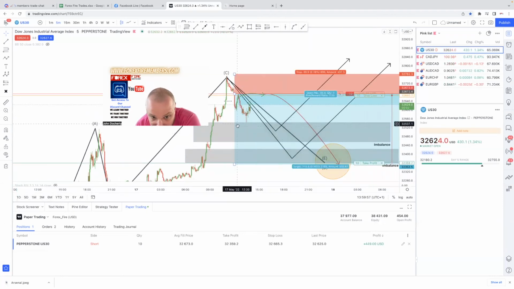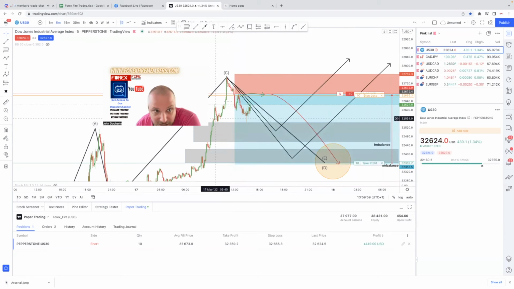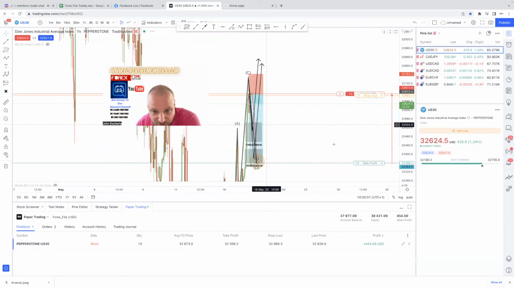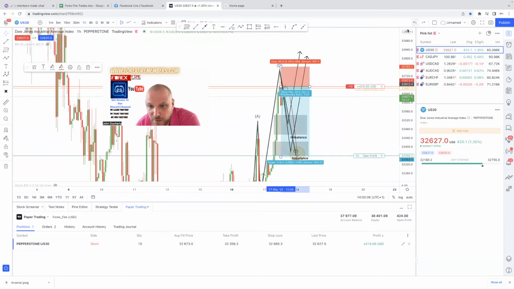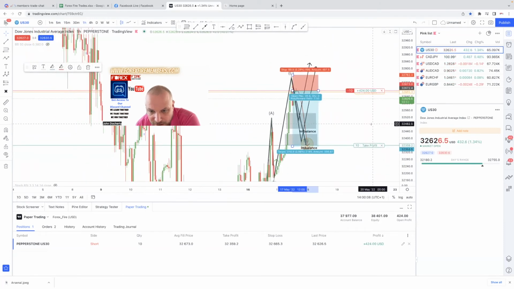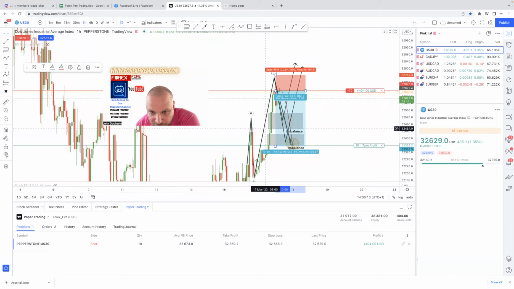Again, it's come down to test the top end of the imbalance area when you go back up to that hour time frame. Let's take a look. Let's go back, put that back where it should be. You can see the imbalance between here and here. It come down to touch towards it, didn't mitigate into anything on there, and we got another one a little